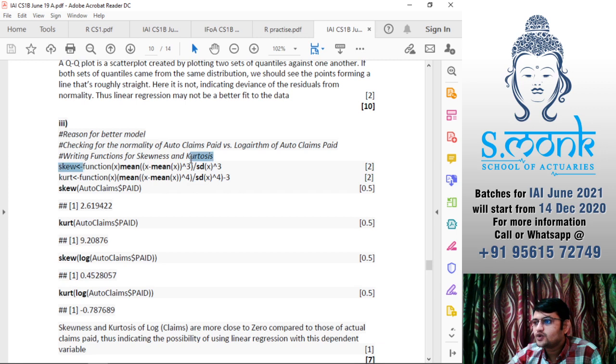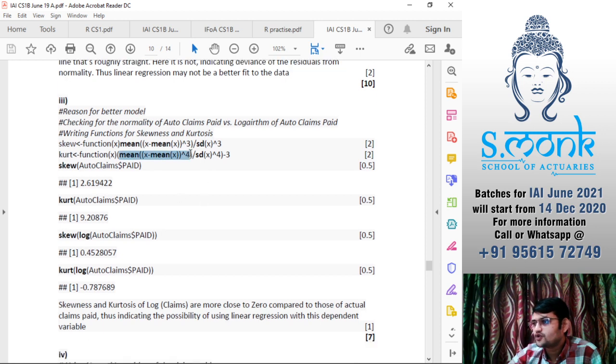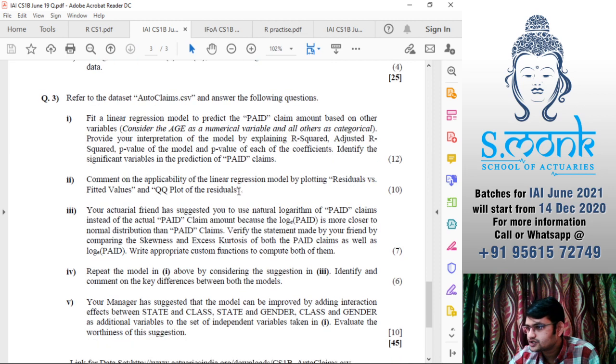So they have made it into a function. They have made a skewness function, they have made a kurtosis function. Kurtosis is just raised to 4, and they have created a coefficient of kurtosis the same way we have the coefficient of skewness here. Or I think they would have specified that in the question.